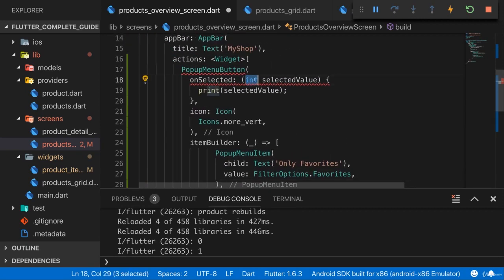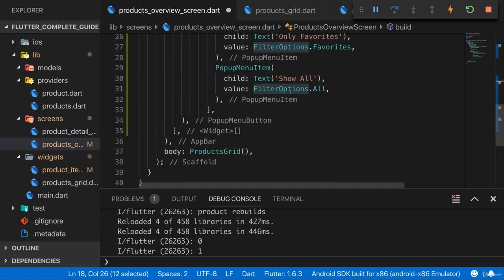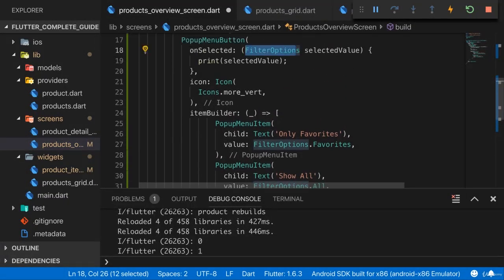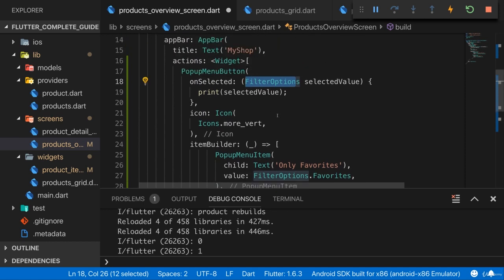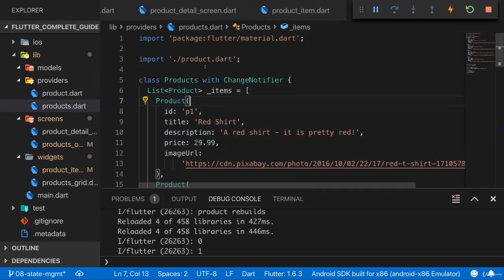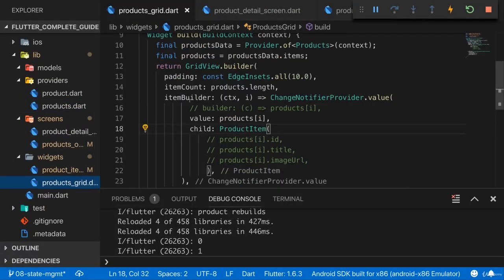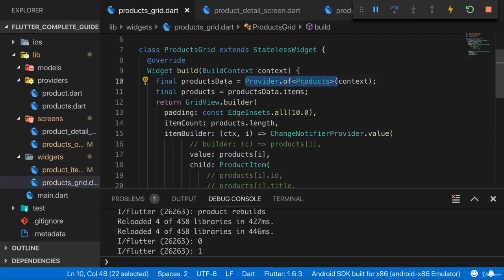Doesn't change the way this works, besides one thing: this here will now be of type filter options. Now, the idea, of course, is to filter the items we're displaying based on the filter we chose here. And the most efficient way of doing this is to simply change the products we have here in our products class. Because we're consuming these products in the products grid in the end, we're setting up a listener to products